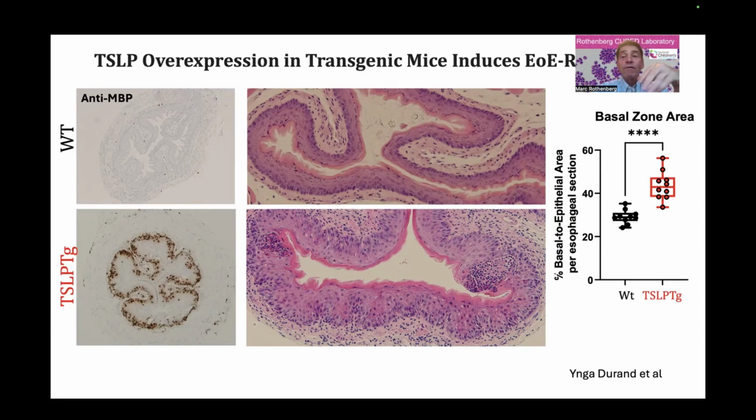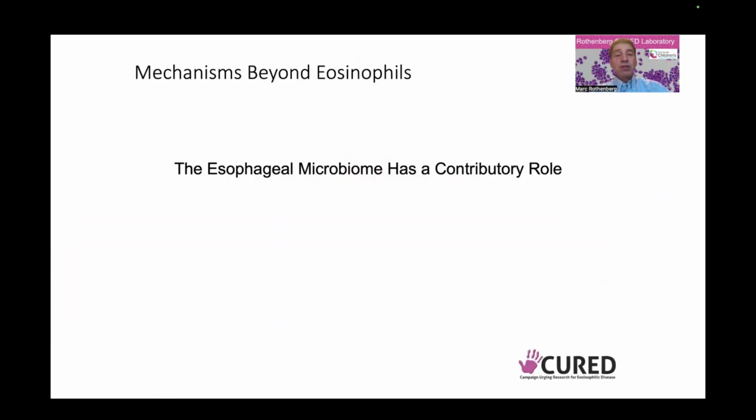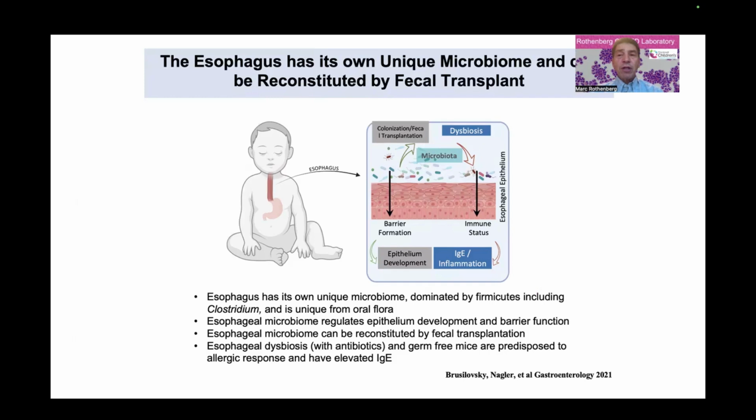And this indicates that overexpression of TSLP, which occurs in the human disease, EoE, is sufficient to induce the EoE, greatly supporting the genetic susceptibility in this region being mediated by the TSLP protein. Now, in terms of understanding the disease beyond eosinophils, it's important to note that the environmental factors interact with the genetics. And we do think that this is mediated by the microbiome, which are the bacteria that normally reside within our body. What we've shown in the past is that the esophagus harbors its own unique bacteria.